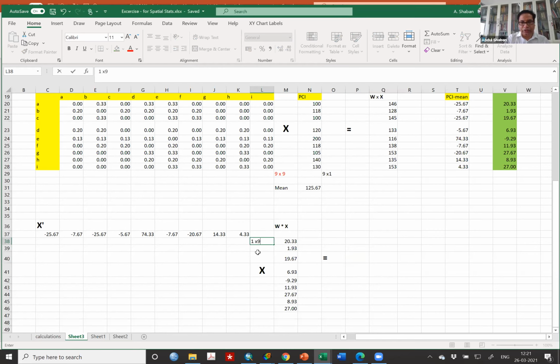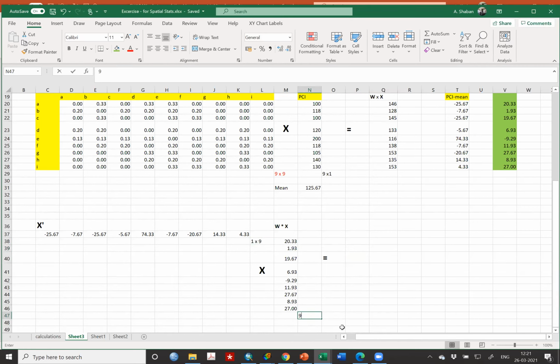The second one is 9 into 1. So what will be the dimension of the product matrix? 1 into 1. That is a scalar, isn't it, Urva? So it will become a scalar.